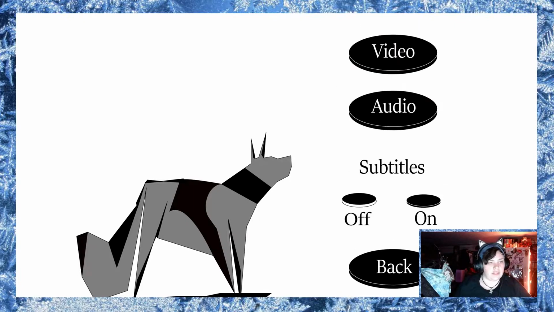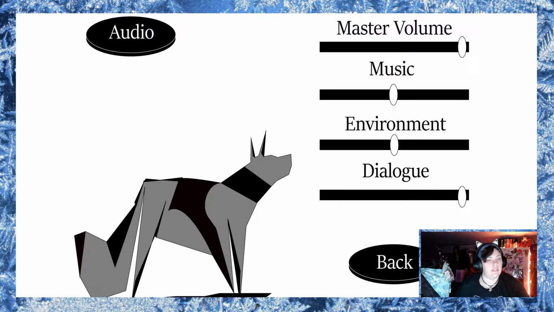And then if you were to click the back button, you'd go back to this screen, the video, audio, subtitle screen. And then if you click the audio, you'd be going into the master volume, the music, environment, and the dialogue settings. And those are, again, sliders that you can adjust up and down for whichever you want. The music and environment are obviously lower than the rest of it because the words are important for a narrative game. And then the music and the environment are side tones where you get that experience each step of the way